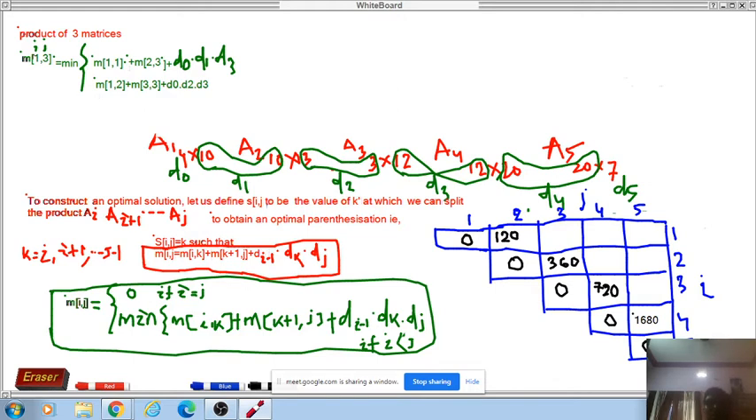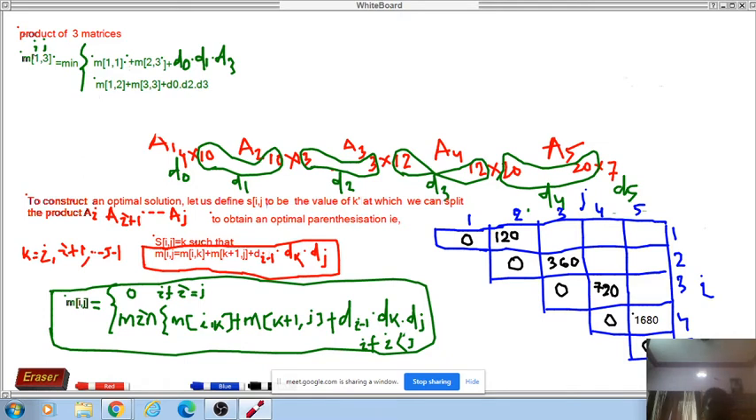Are you understanding here or not? You can multiply this and the result will multiply with this, that is 1 case; or multiply this, then with this. How many cases? 2 cases. That's why my 2 cases will be like this. First you take m of 1 1, plus m of 2 3, then d0 d1 d3. Then m of 1 2, m of 3 3, then d0 d2 d3. So the value will be equal to...